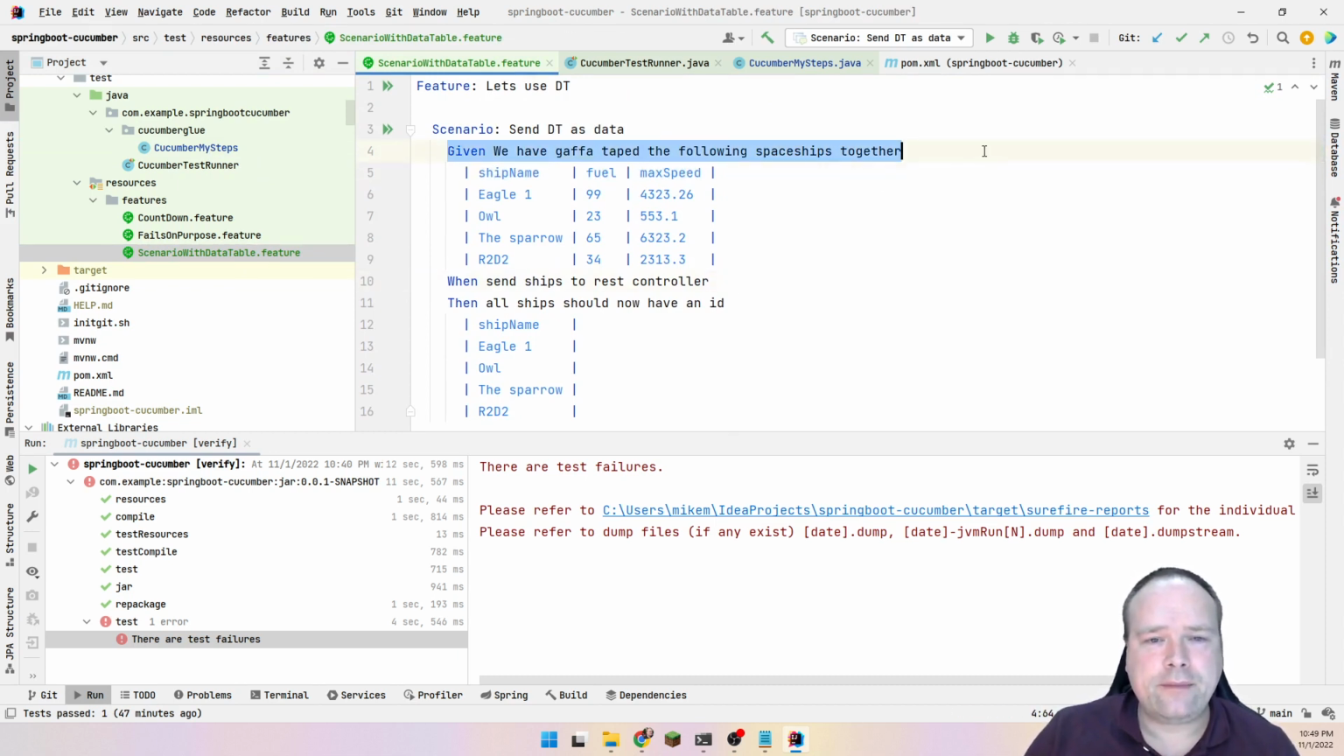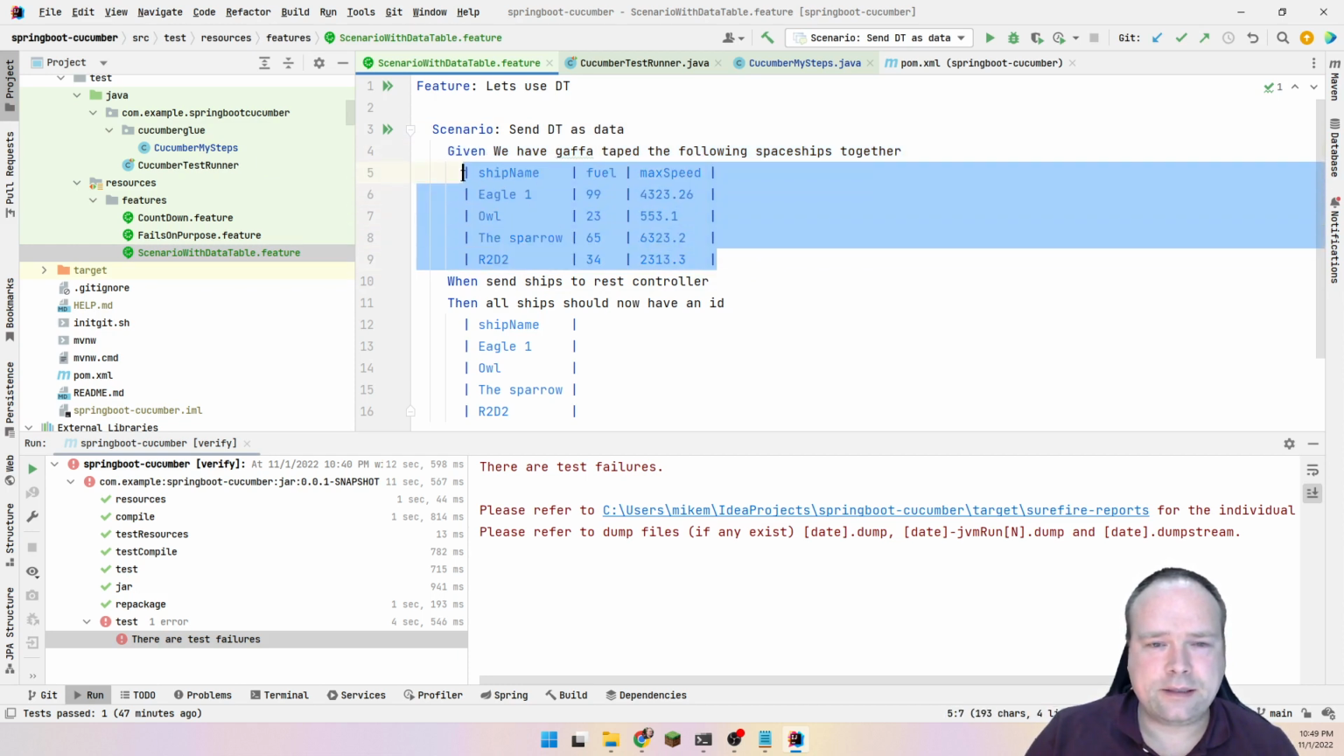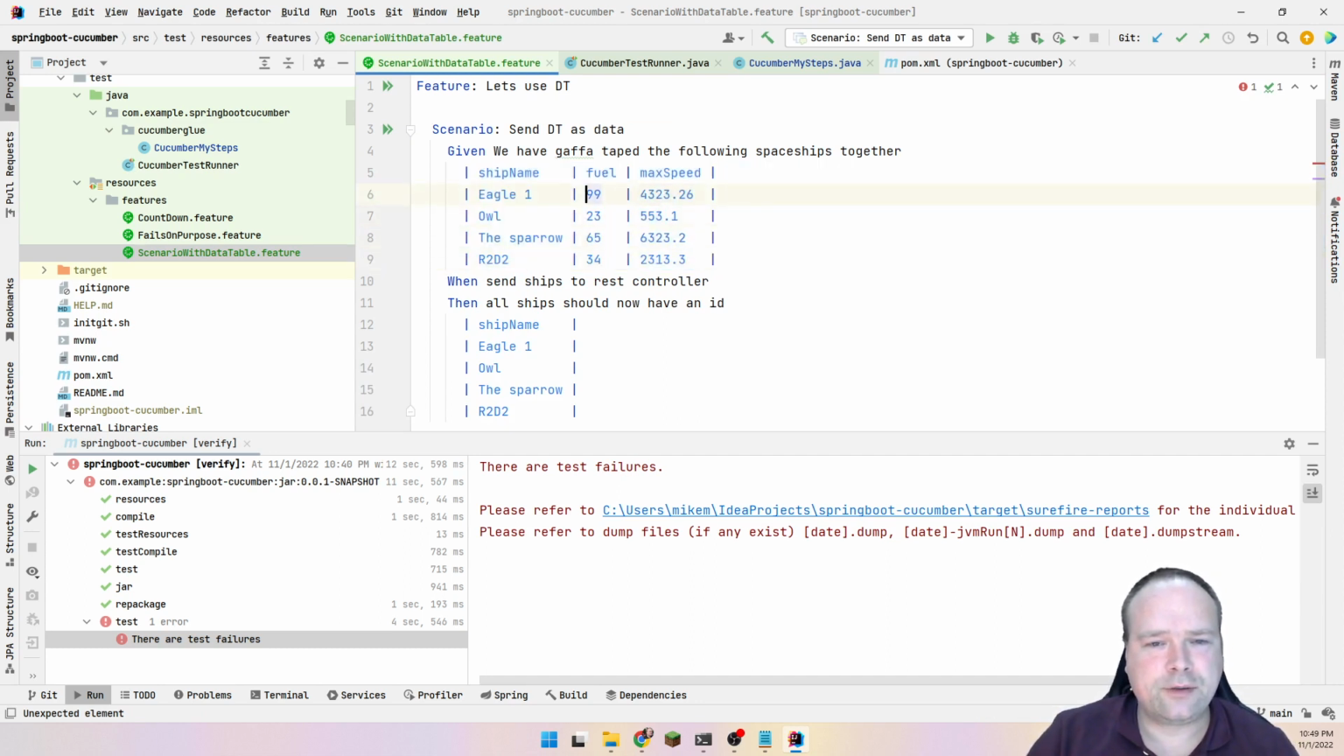So here we have the given step. We have a scenario, send DT, that is DataTable as data. Given we have gaffer taped the following spaceships together, those are these spaceships right here. Let us change just one of them to something else, so you can actually see that this is live data